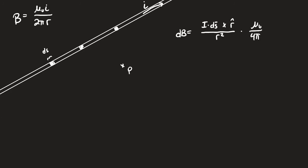And when I say trust me, remember, epsilon naught and mu naught can both be written in terms of C. Wait, let that play in your head for just a minute, because for all the electric field stuff, it's 4 pi epsilon naught, which means every epsilon naught can be written as mu naught and C. So if you really want to have your head have some issues,